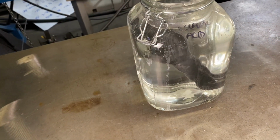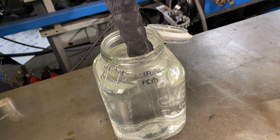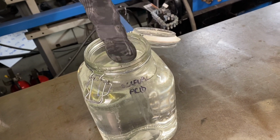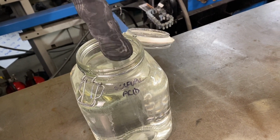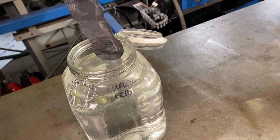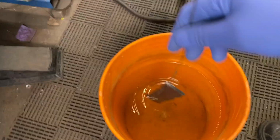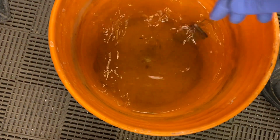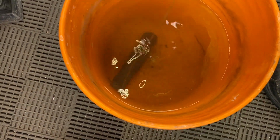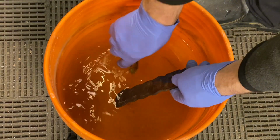So now it's been 20 minutes. I'm going to take the Damascus out of the acid. I'm going to put it into my bucket with baking soda in it to stop the reaction. Once that reaction is stopped, I'm going to get my